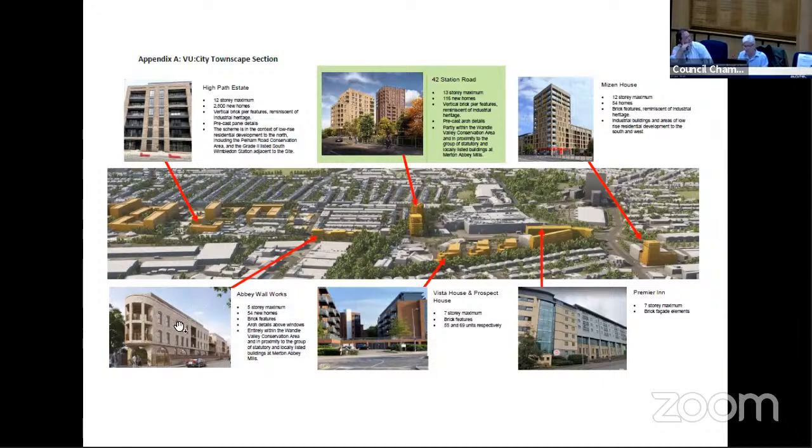Members will recall there was the proposal which was refused by committee and then allowed on appeal, literally within a stone's throw of this application site, and then the High Path estate. Looked at in the round, the London Plan policies, in conjunction with those of Merton Council, acknowledge that the Colliers Wood area is one for intensification,